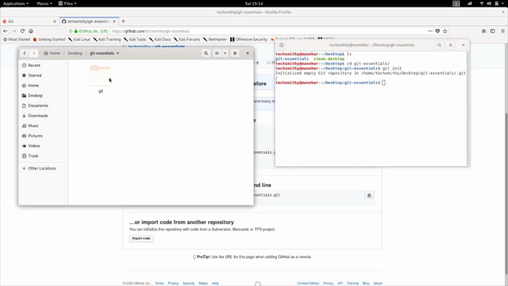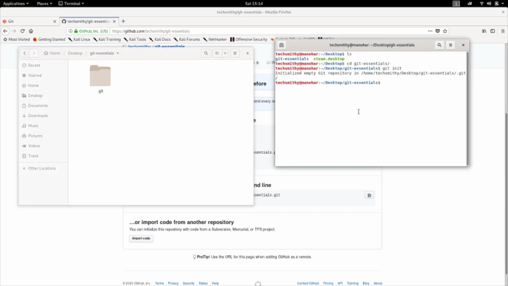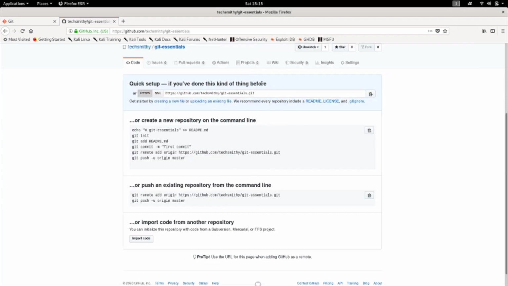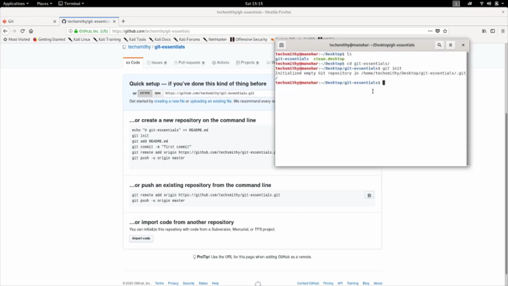See, I got this .git folder, but it doesn't know where to push or what to do. If you push or commit the code, based on what it should add and what you need to change, you need to specify the remote. What is the remote? This is my remote repository. Based on this, my local changes should appear, the changes that I have made with respect to this repository. So I need to do git remote add origin.